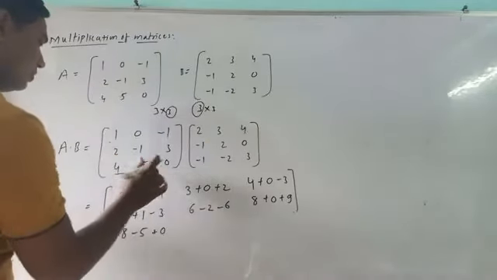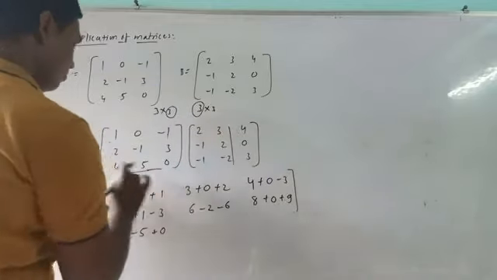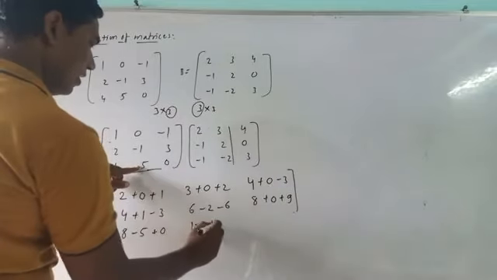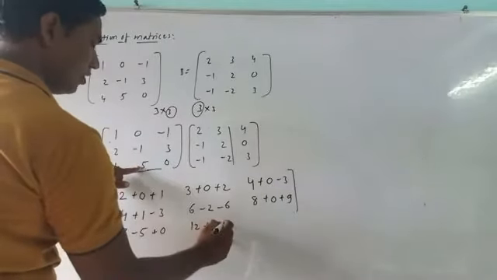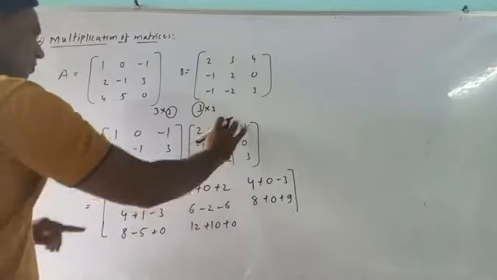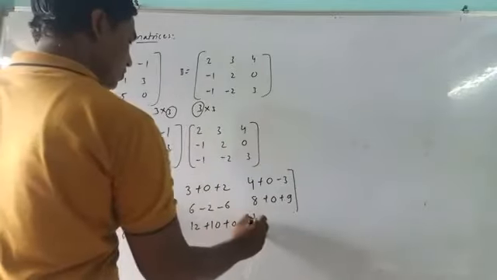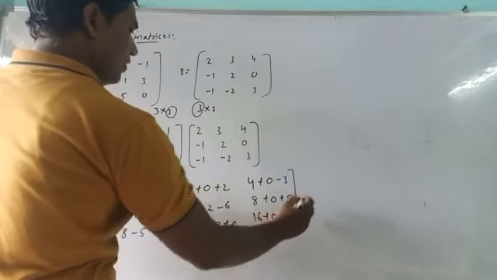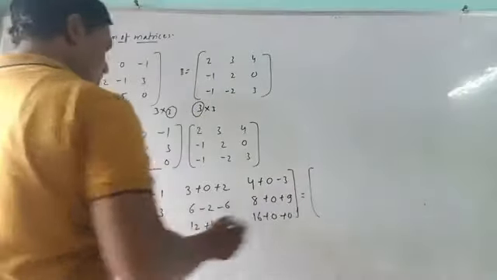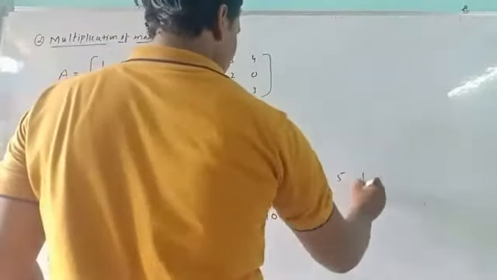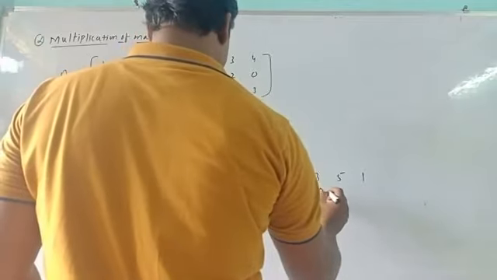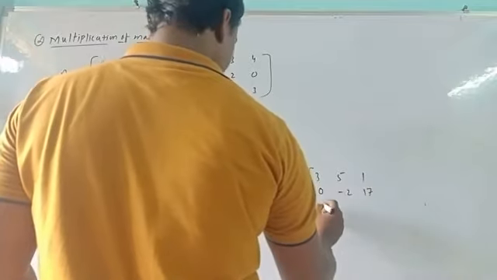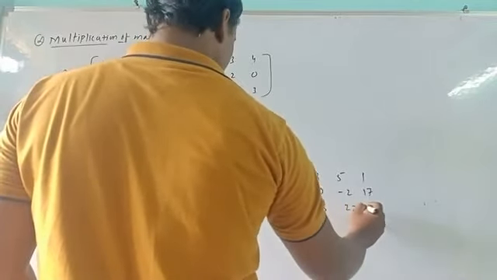Okay. Now, the same for the second column. 4 3s are 12. 5 2s are 10. And then 0 into minus 2, again you get just 0. Last one, the third column. 4 4s are 16. 5 into 0, 0. And then 0 into 3, you get just 0. My answer will be: 2 plus 1, 3. 3 plus 2, 5. Then 1. Then 0. Then minus 2. Then 8 plus 9, 17. Then 3. Then 22. And then 16.